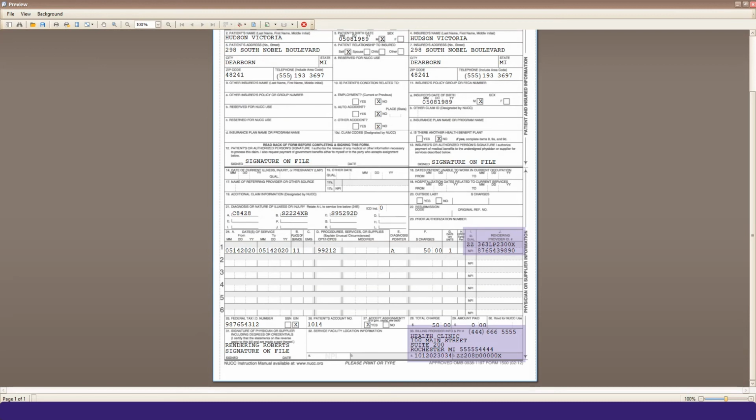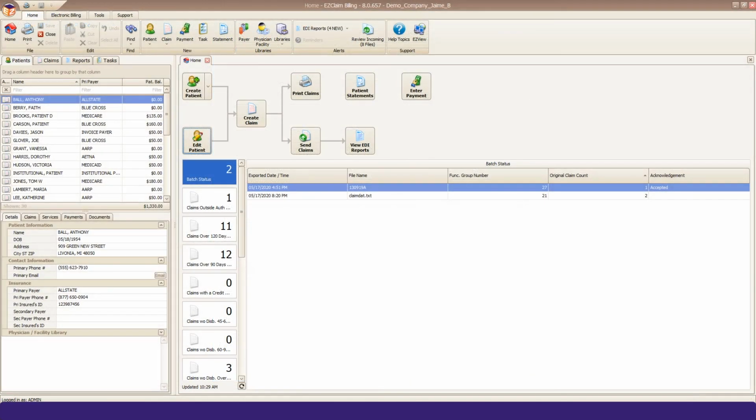If you don't see your taxonomy code in box 24J or 33B, verify that you have the correct payer, billing provider, and rendering provider on the claim. The same goes with an electronic claim. If you don't see your taxonomy code in the appropriate loop and segment, verify you have the correct payer and